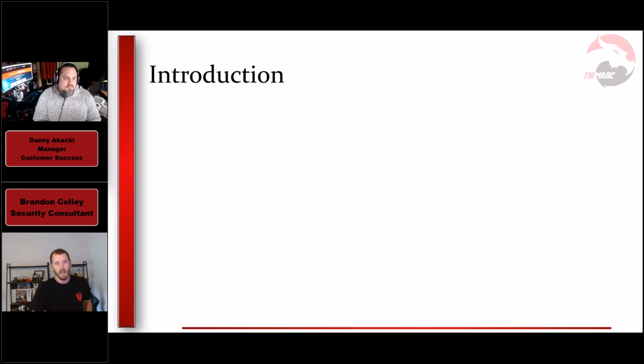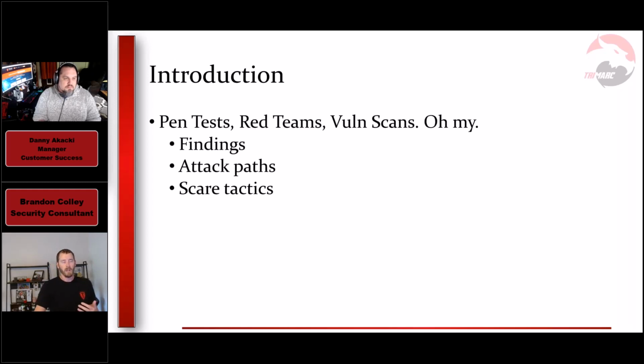context in them. And so I want to talk just briefly about penetration tests, red teams, vulnerability scans, oh my, assessments in general. And this is really including Trimarc assessments as well. They typically come with a list of findings. They identify attack paths. In the case of a pen test, we'll pick on them a little bit. We'll say, this is how I got domain admin, right? This is how I stole your finance reports, right?